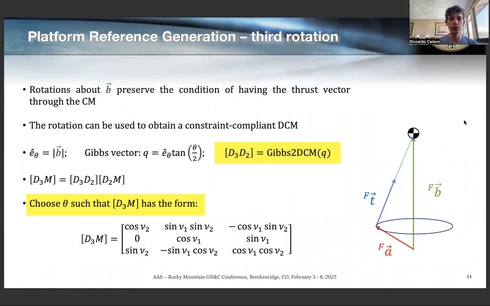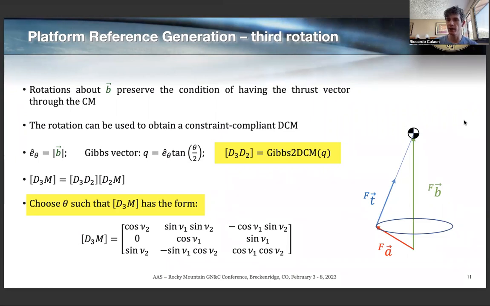which is a function of the principal rotation vector, which is known. It's the unit direction of vector B, multiplied by the tangent of the principal rotation angle theta divided by 2. It is important to notice that theta is not known at this stage, so the matrix D3, D2 is a function of an unknown parameter theta. If we multiply this matrix D3, D2 by the matrix D2M that we showed in the first slide, we obtain